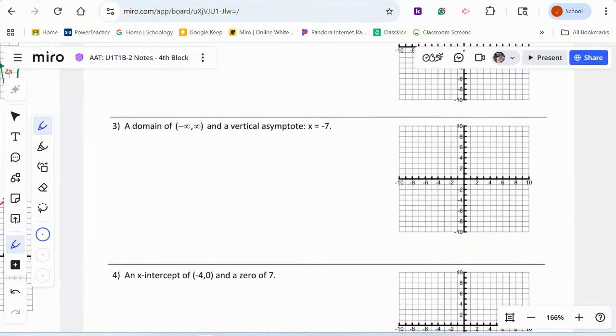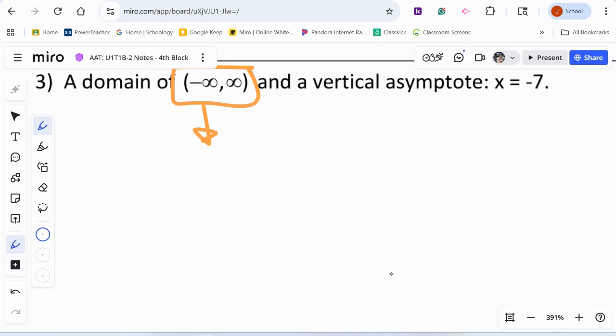Let's look at number 3, and I'll leave you to try 2 and 4 on your own, and then we'll come back and talk about them. Can we have a domain that goes from -infinity to infinity? So what this is saying right here, guys, is everything. This domain, a graph that goes